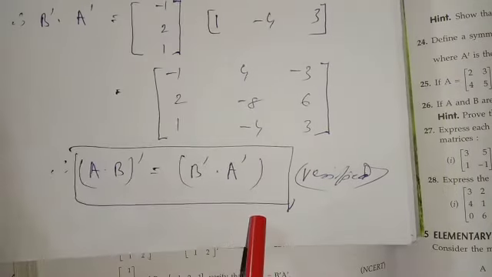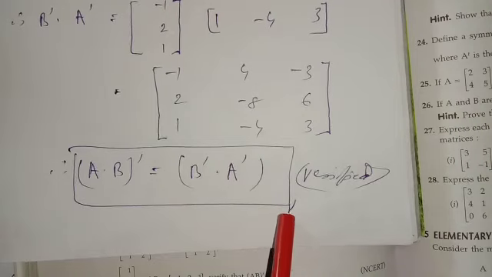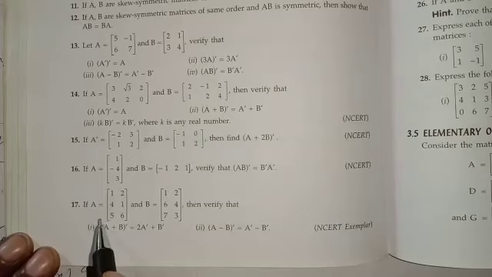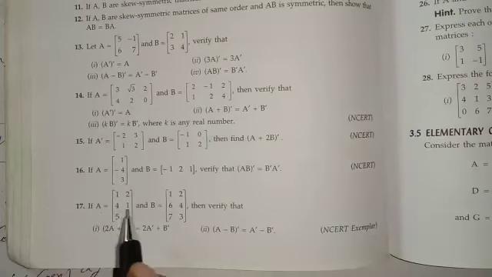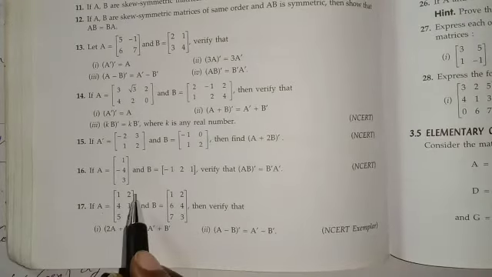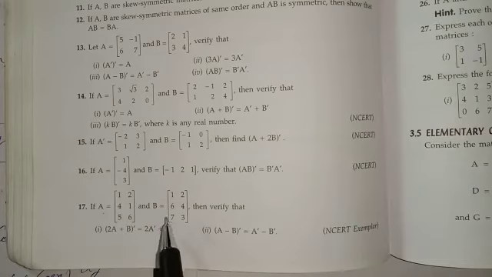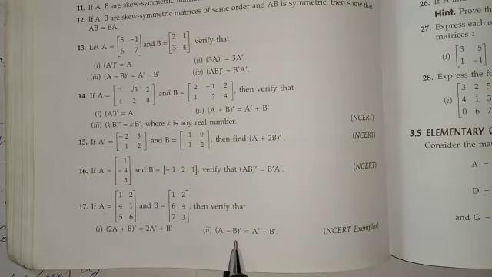Today I am just giving the revision of the matrix chapter from the book M.L. Agarwal. Let us go to the next sum. Question number 17 of exercise 3.4, M.L. Agarwal book, ISC. If A is given as a 3 by 2 matrix, and B is also given as a 3 by 2 matrix, then verify that (2A plus B) whole transpose is equal to A transpose plus B transpose. Second part given, (A minus B) transpose is equal to A transpose minus B transpose.